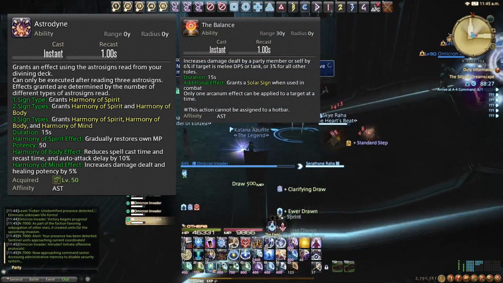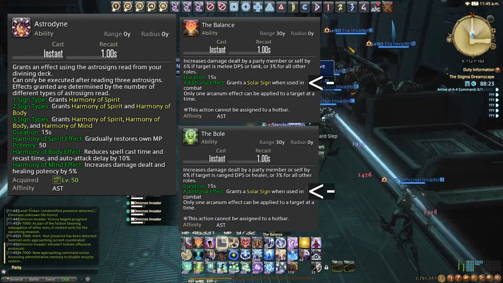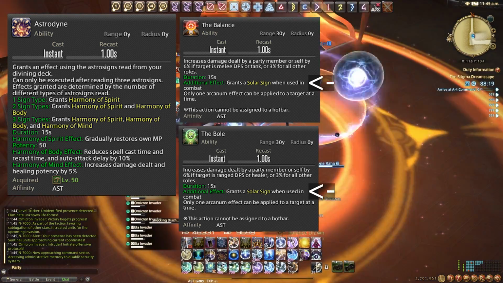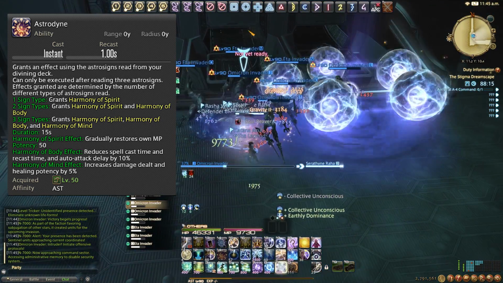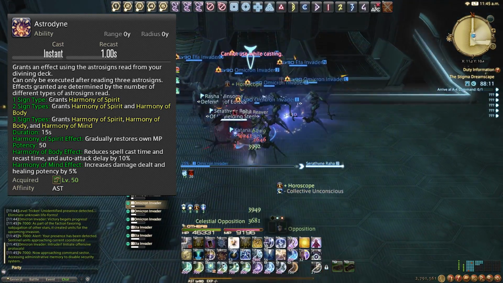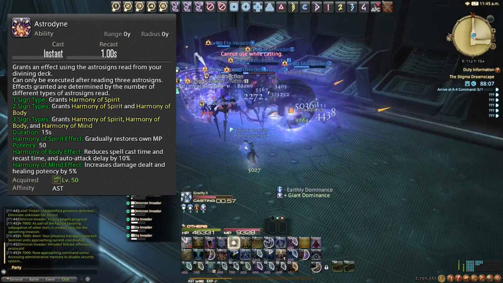So the balance, for example, gives us a solar sign, and so does the bowl. So for every melee card that gives a singular sign, so does a ranged card give that same sign. They always correlate to each other, if that makes sense. With Astrodyne, let me go over the tooltip really quick. When we have one sign, so this would be 3 of the same sign, because we can only use this when we have 3 signs up, it's only going to grant us Harmony of the Spirit, which is just gradual